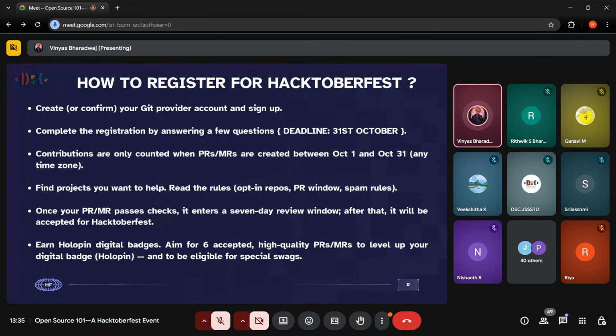Basically, what this line means is that any contribution you make before October or after October will not be counted to your overall aggregate for Hacktoberfest. For example, all the repositories present on Hacktoberfest are publicly available right now. You can make contributions to them as we speak, but they just won't be counted in Hacktoberfest because that only starts from October 1st.